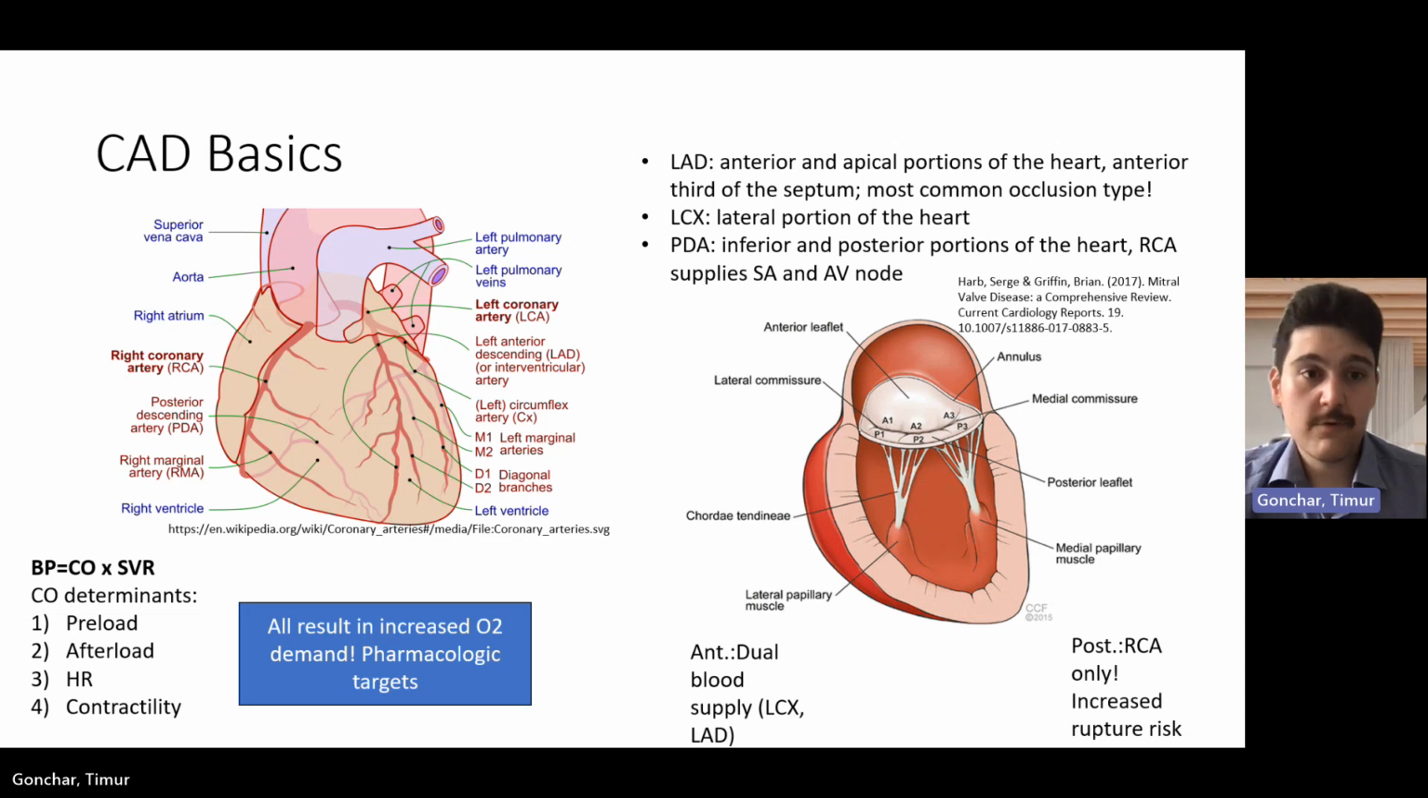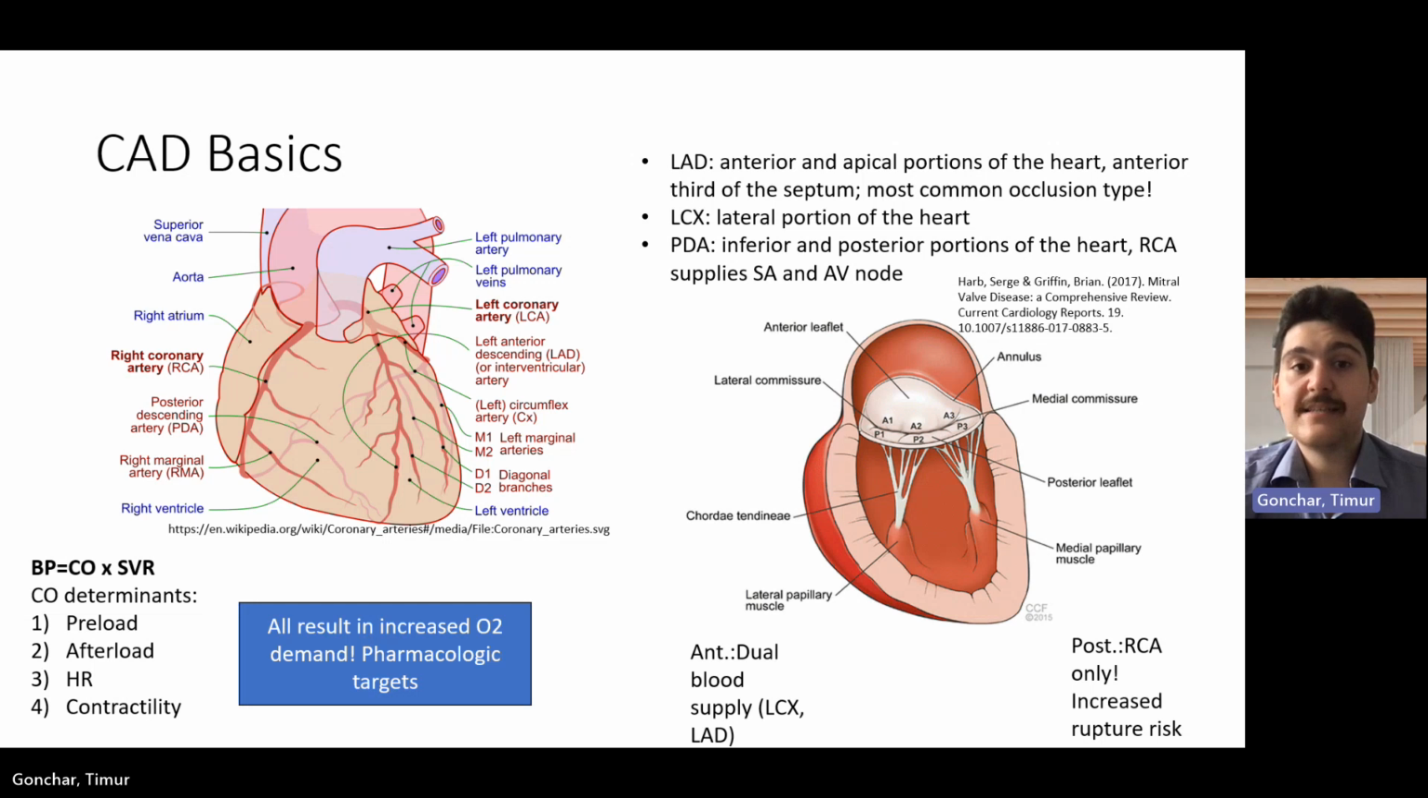Let's just discuss them. So the first one is basically the left-sided circulation, LAD, left anterior descending. Here's the artery I'm pointing out here. It supplies the anterior and apical portions of the heart and the anterior third of the septum, and this is the most common vessel to get occluded. It may result in some really important consequences, but we'll discuss them a little bit later. Then we've got the LCX, the circumflex artery that supplies the lateral portion of the heart,